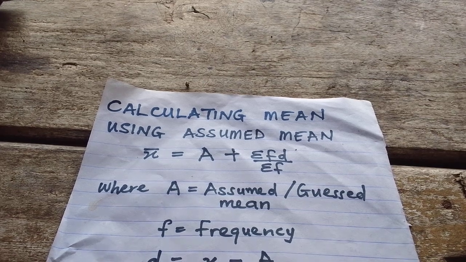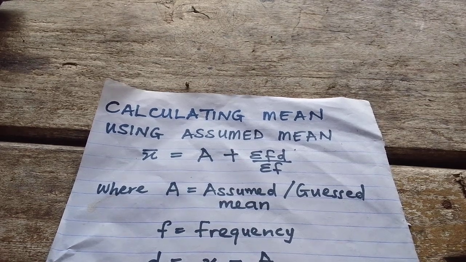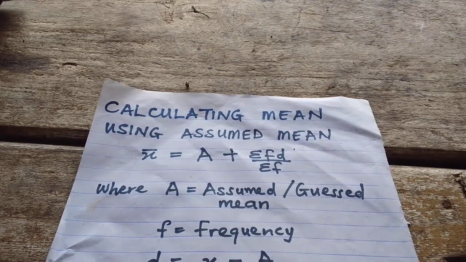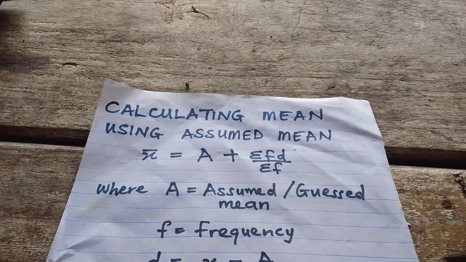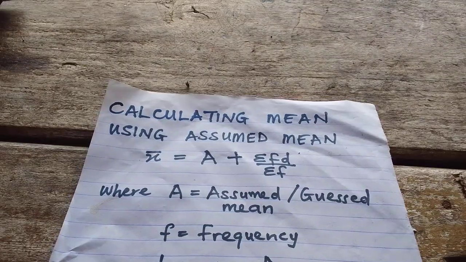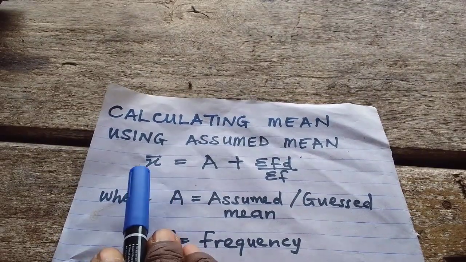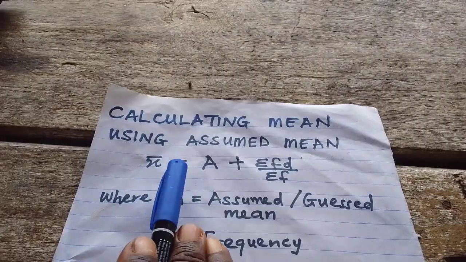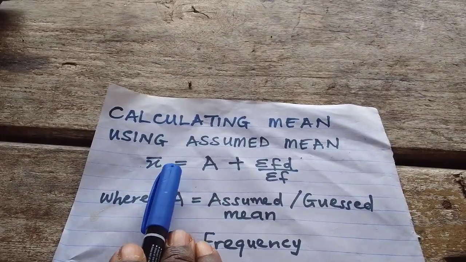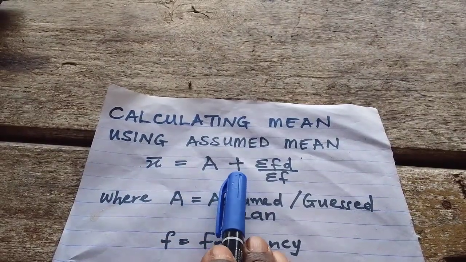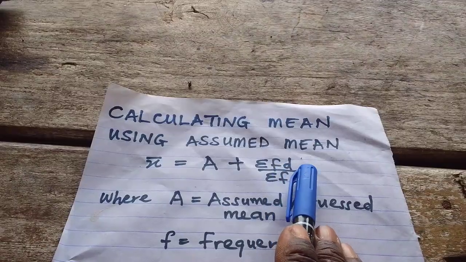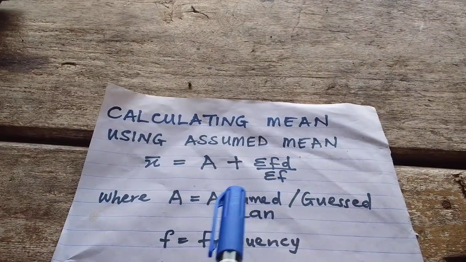Good day, students. Today, we want to learn how to calculate mean using assumed mean. To calculate mean using assumed mean, we use this formula. Mean is equal to A plus summation FD over summation F, where